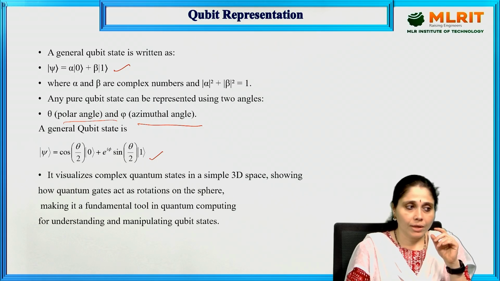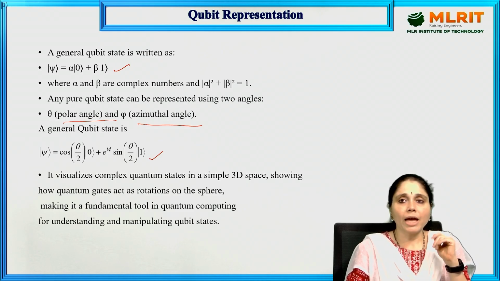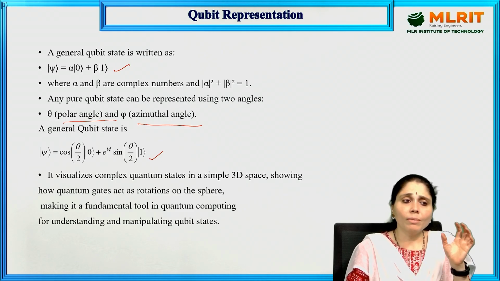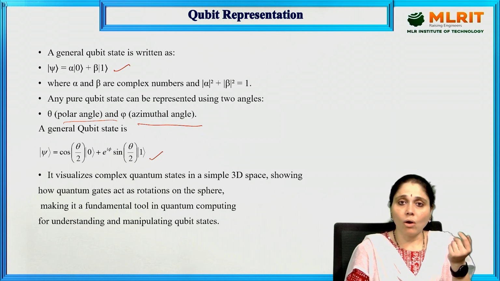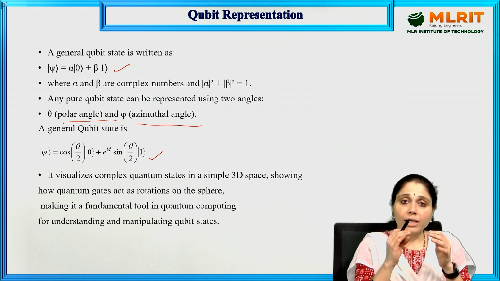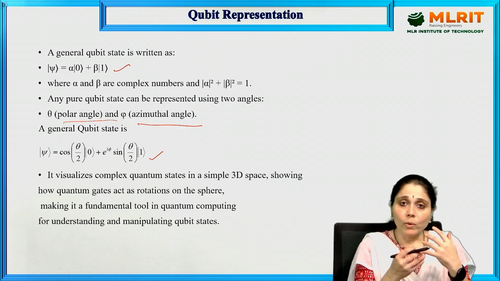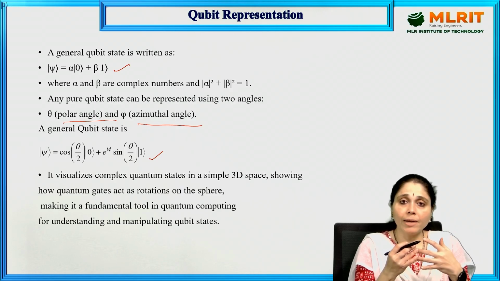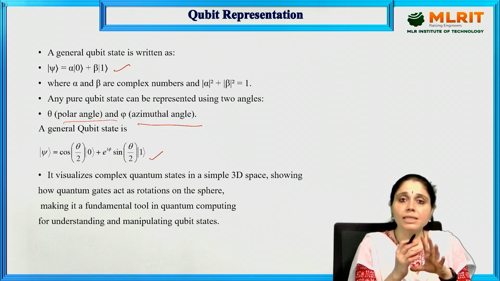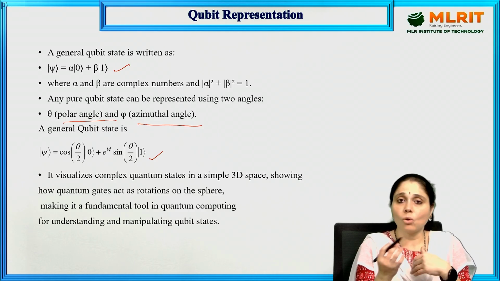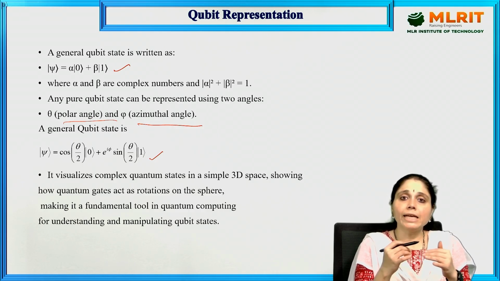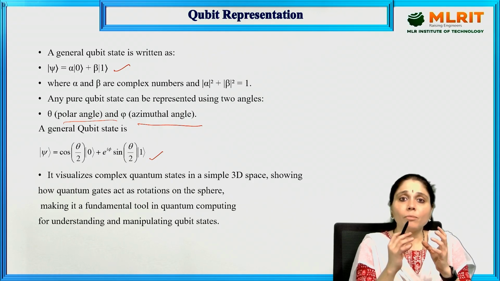So let us first have just an idea about gates. Gate means, you might have already learned about it in your semiconductor physics, that they are AND gate, OR gate, NOT gate and so on. Here also, for quantum computing, we have gates: Pauli X gate, Pauli Y gate, Pauli Z gate, Hadamard gate, and these are the major gates. There are single input, single output gates, two input, two output gates and so on. So these gates will be represented in a particular Bloch sphere.